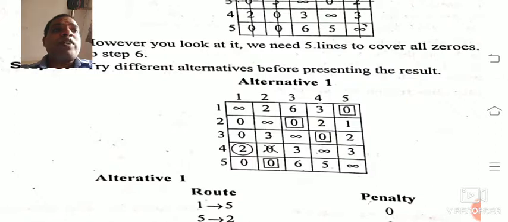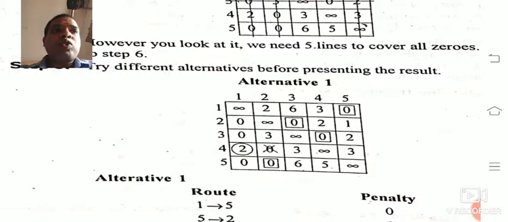We have assigned 1 to 5, 2 to 3, 3 to 4, next 4 to 1, next 5 to 2. So you see here, if zero is not allocated, next go for the minimum element.